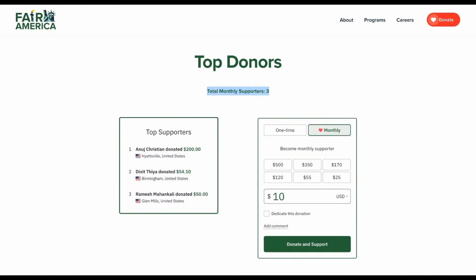And our goal is to reach 5,000 monthly supporters by the end of this year. So you will be able to come and check here how much progress we have made. It's a nice thing that makes this dynamic. As soon as someone else contributes, you should be able to see this number grow. This is not someone coming in manually, this is something we have automated.